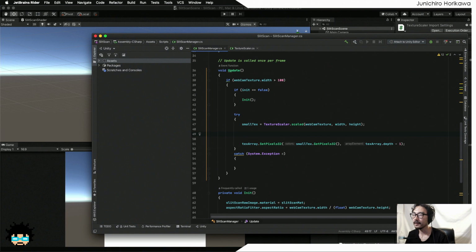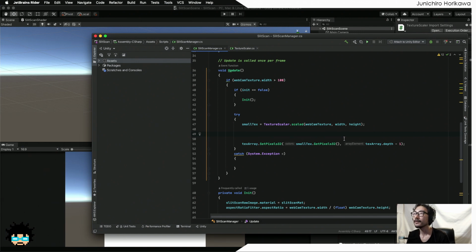So the previous newest texture should go one frame back, and that one-frame-back texture should go another frame back, and do that until you shift all the textures inside